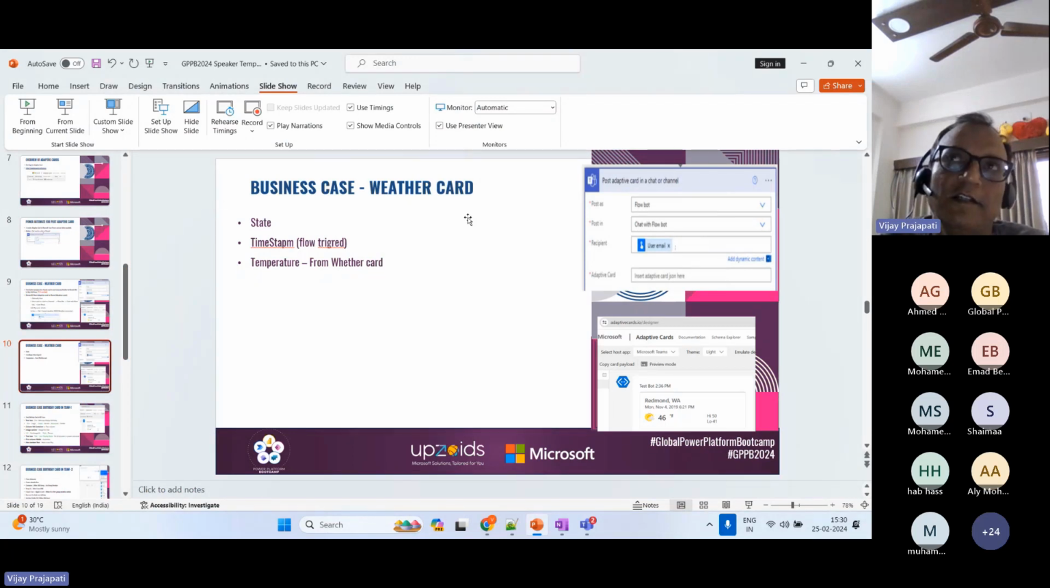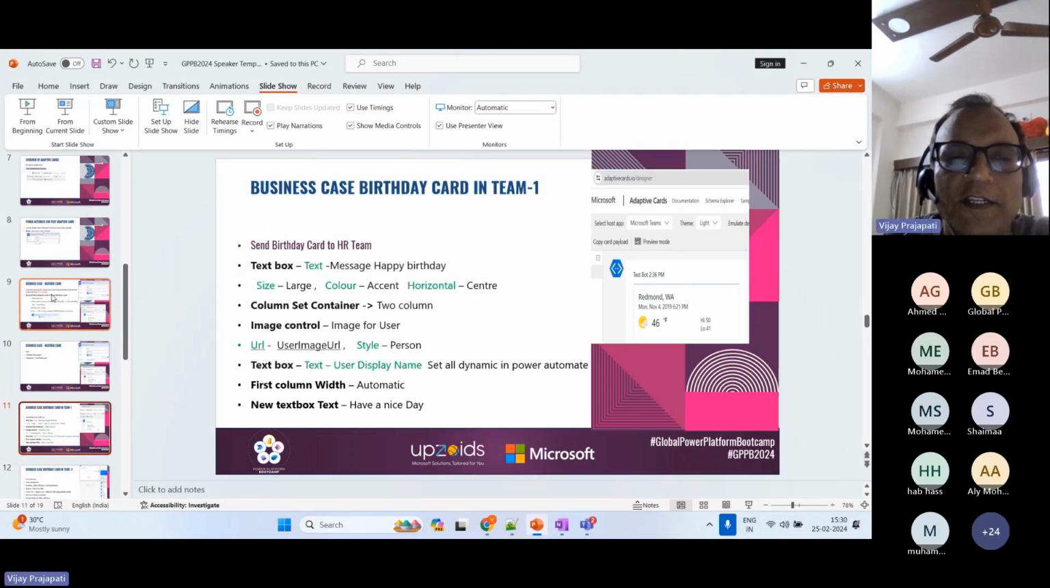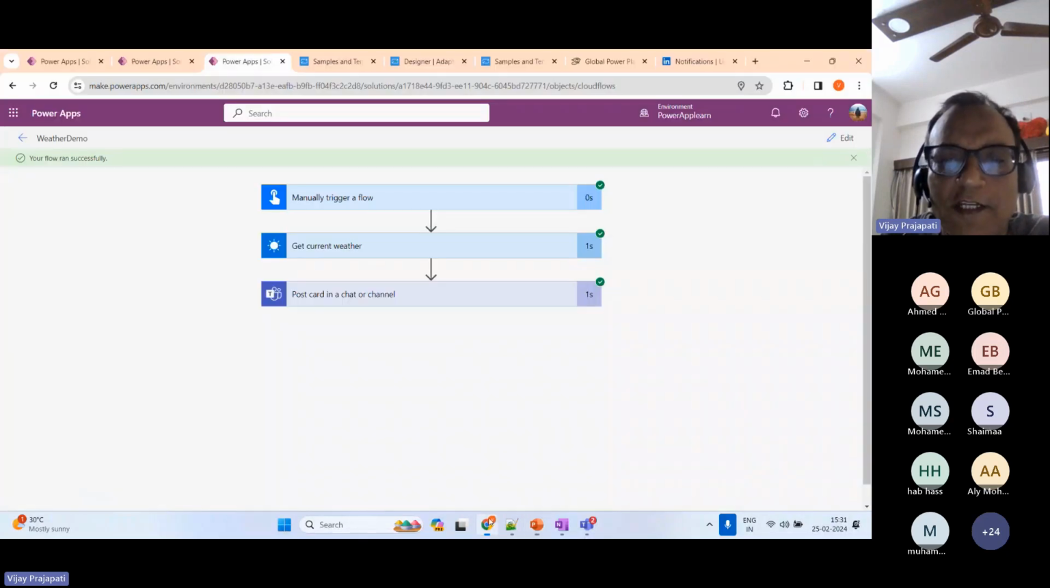Yeah, there is another requirement: we can send a birthday card to the team. So we can create our own custom adaptive card also. I am going to show how we can create our custom birthday card. Whatever message we need, we can check over there. So for that,